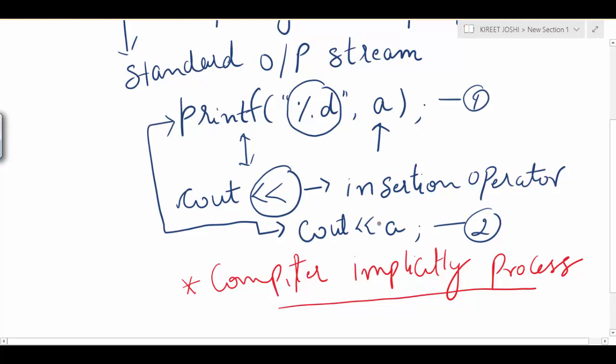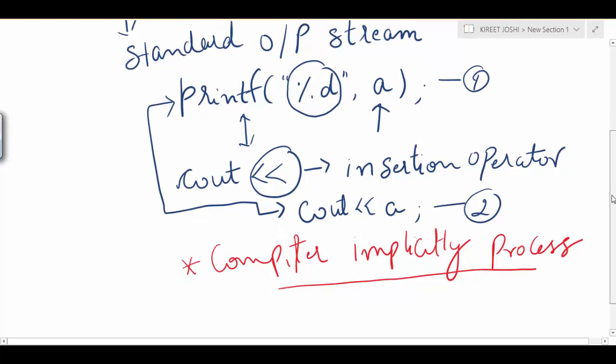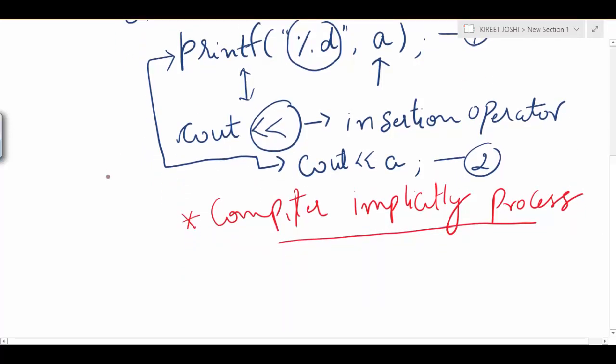Next, this is the important concept. If we want to print the value of any variable, we have to write cout and the variable name. We don't write cout followed by quotes and a, as this is not a valid syntax. Why is it not valid?